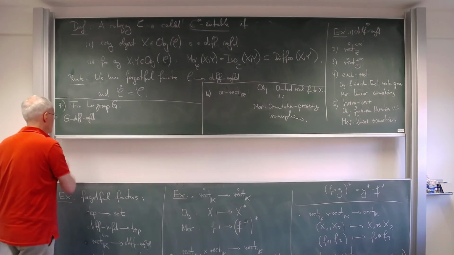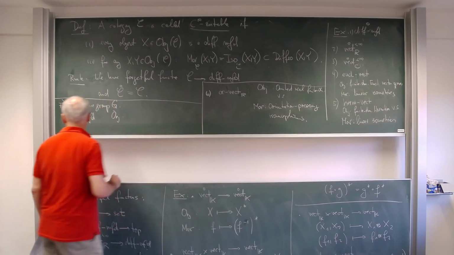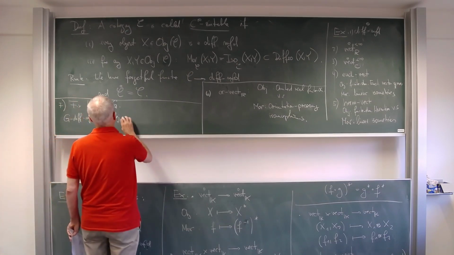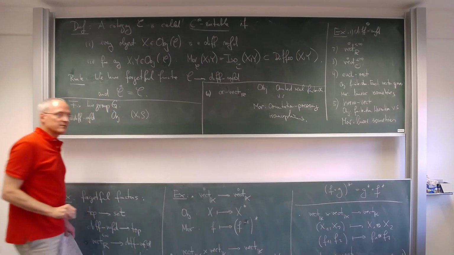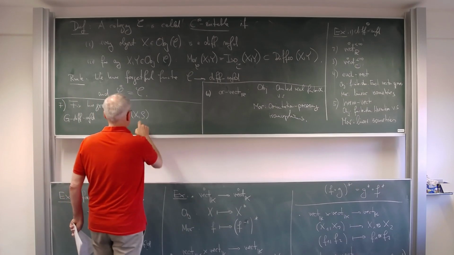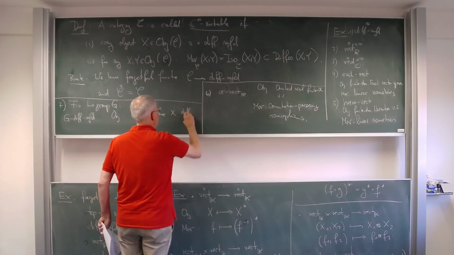So what are the objects? The objects are pairs of differentiable manifolds and a right G action on the manifold. Objects are pairs, X, rho. Rho stands for right because I'm going to use a right action. X, rho, where X is a differentiable manifold